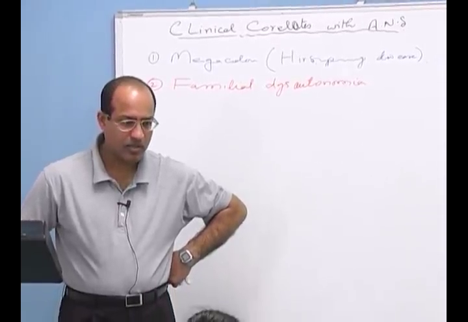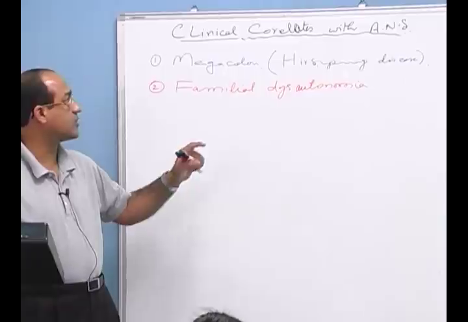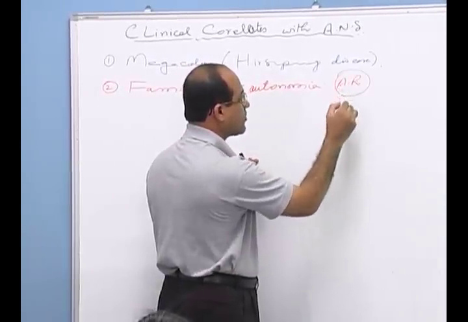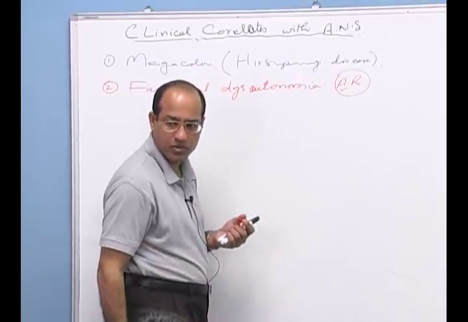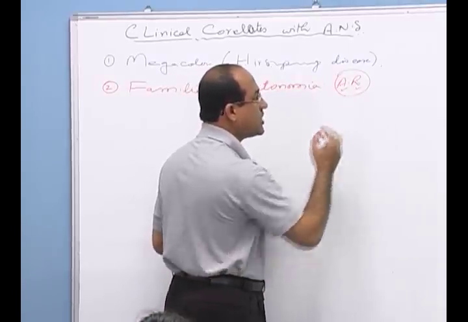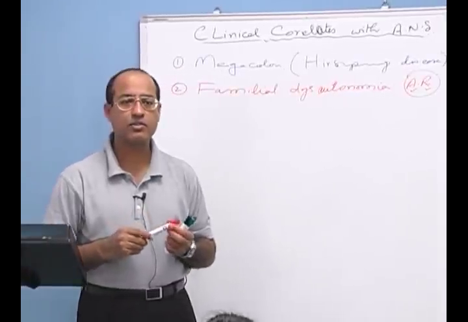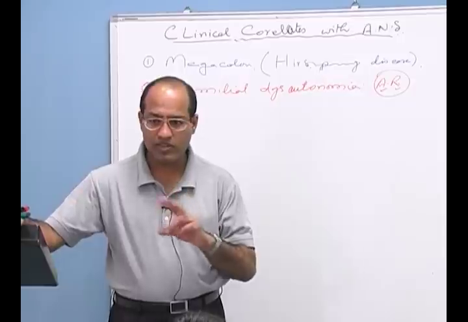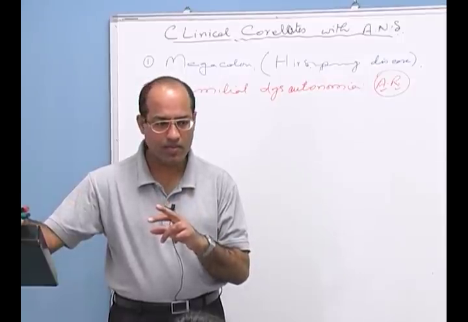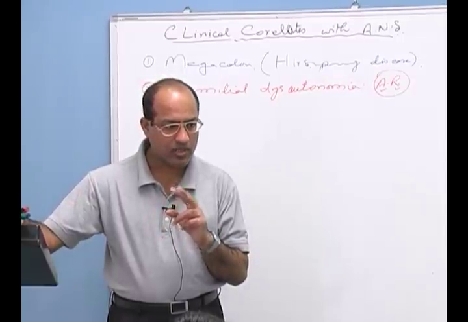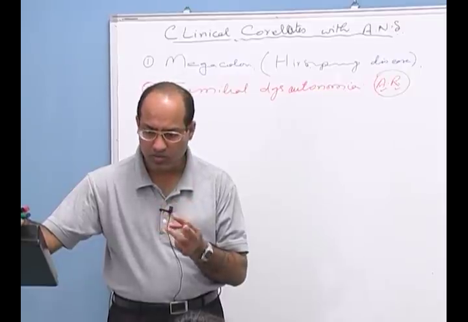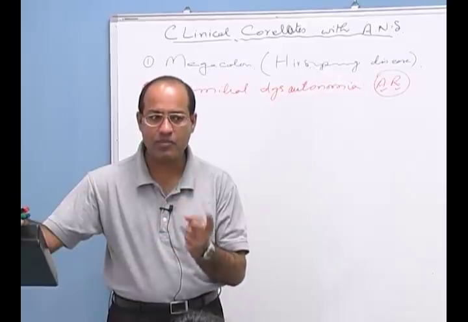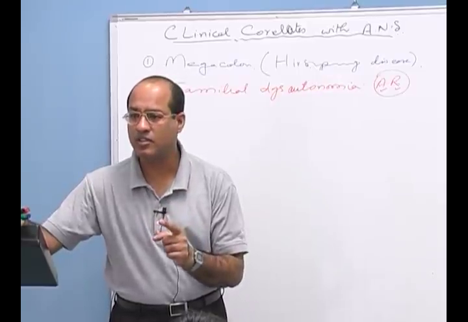Is that right? Because when we say a condition is related to an autosomal recessive situation, it means the defective gene is present on the autosome, not on the sex chromosome. And when we say it is a recessive gene, it means if one copy is defective, it will not produce an abnormal phenotype. So, for an autosomal recessive disease, we have to get defective copies from both parents, or from one parent we get a defective copy and from the other parent the gamete develops a new